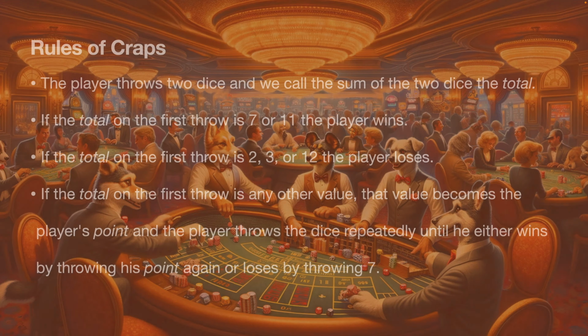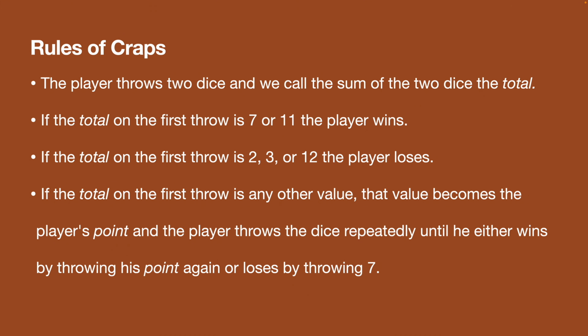So let's just quickly go over the rules of craps. We know that the player throws 2 dice and we call the sum of the dice the total, right? If the total is a 7 or 11 on the first throw, the player wins. If it's a 2, 3, or 12 on the first throw, the player loses. But if the total on the first throw is anything else, the value becomes the player's point. And the player throws the dice until he either wins by throwing that point again or loses by throwing a